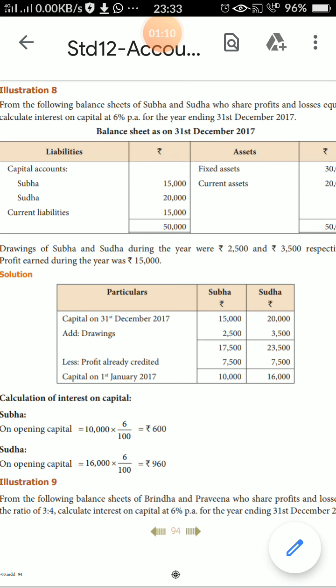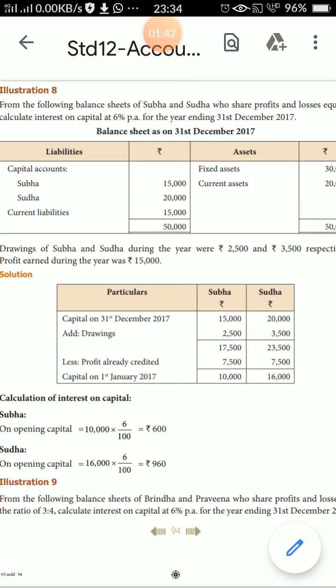Next, if you start with April 1 as the opening month, which month is the closing month? March 31st is the closing month. Whether opening or closing, there is the bank period. The bank follows this period only: April 1 is opening, 31st March is closing date. The bank follows this month for the calculation.